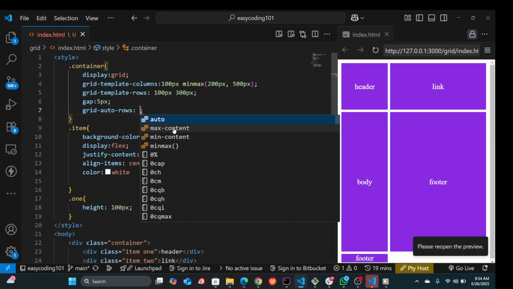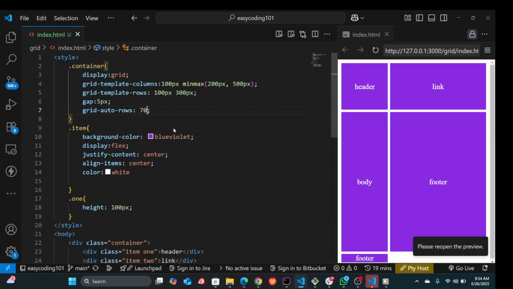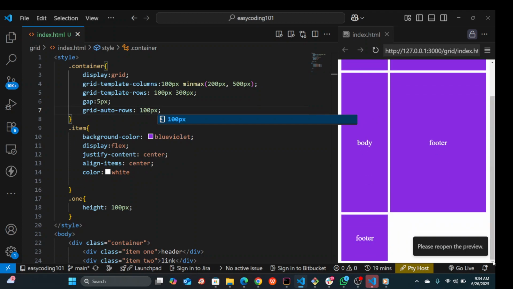We can just give it like 70% pixel, or let's just say 100 pixel. So you can see what just happened. So I've already applied this. As simple as that. The same thing still goes for column. I can as well still add more to column. So that is all about